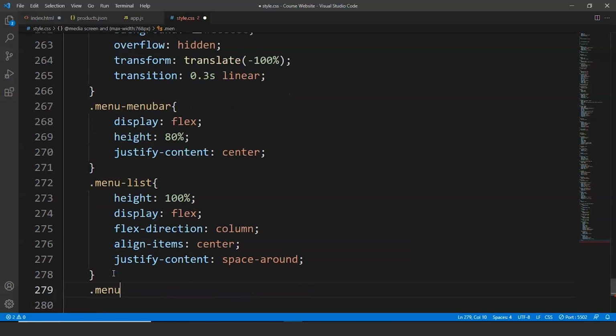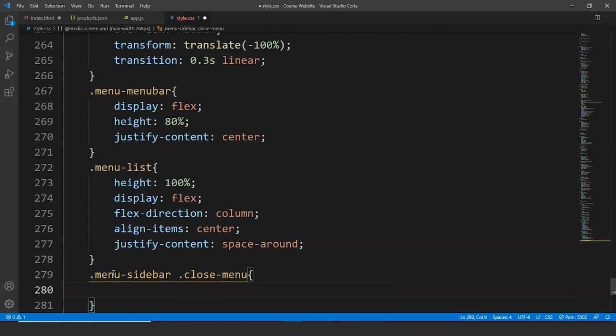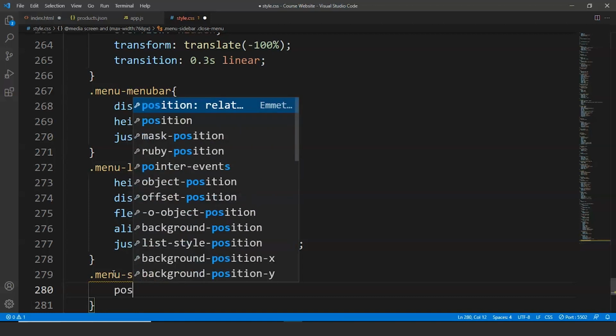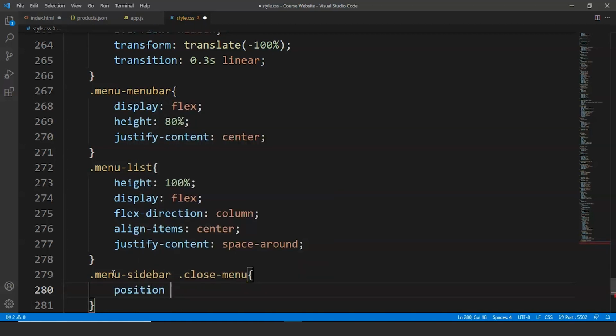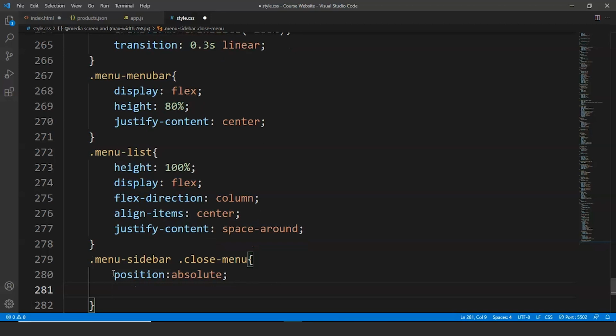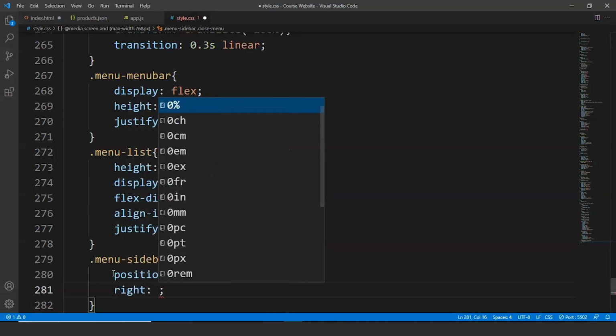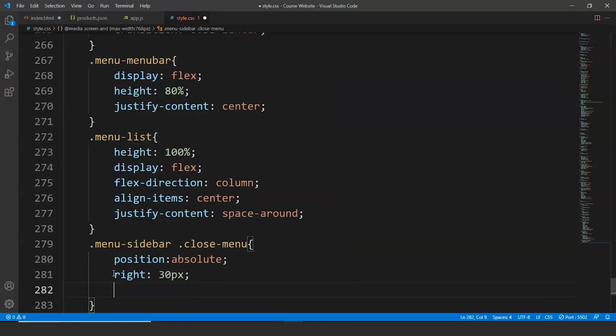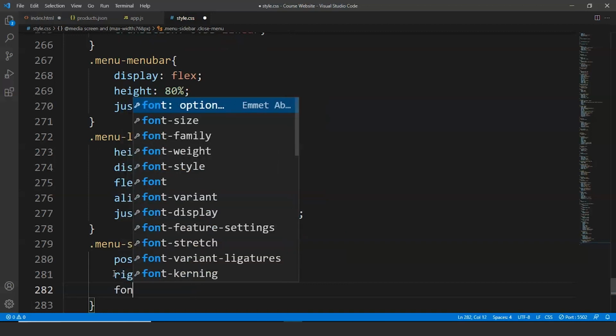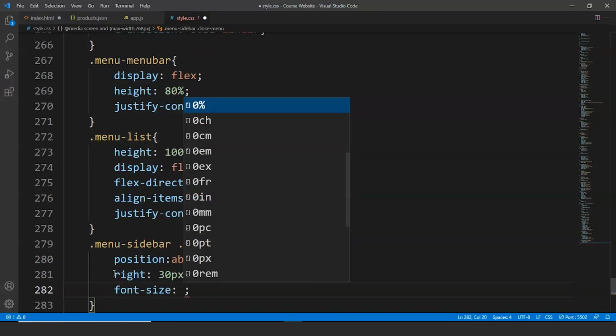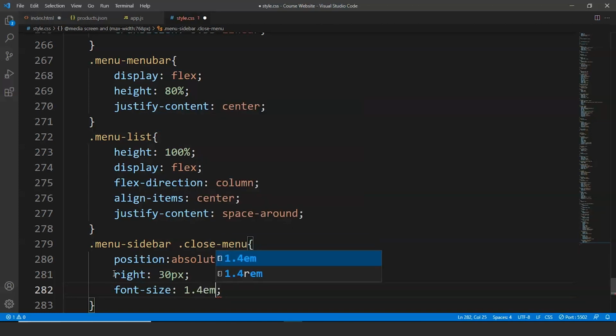Now it's time to do it for menu sidebar, and for close menu. Both will use the same styling properties. We'll write here position as absolute, right is going to be 30 pixels. Font size is going to be 1.4 em,